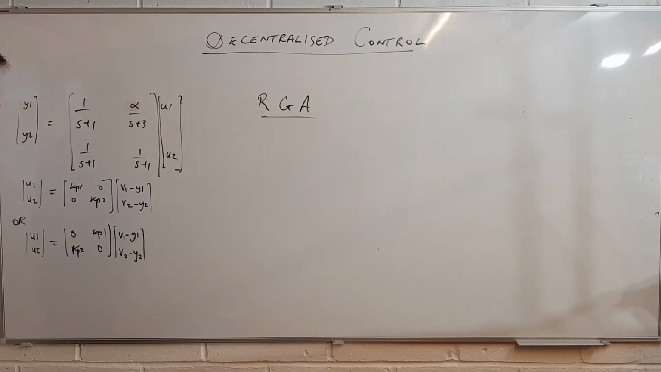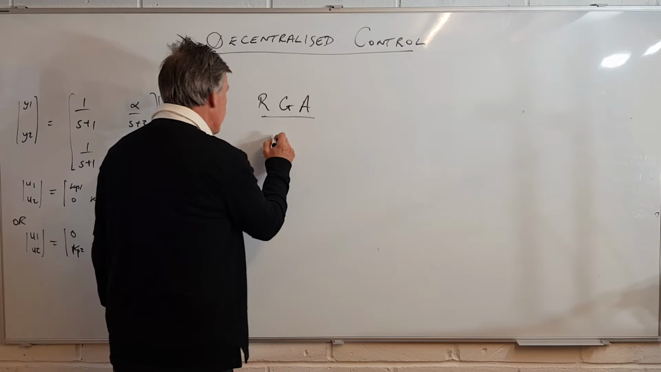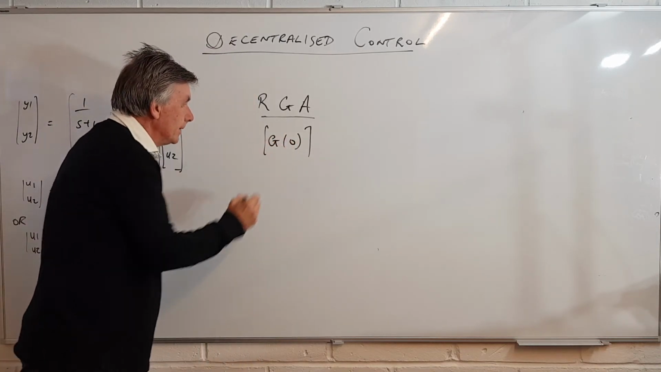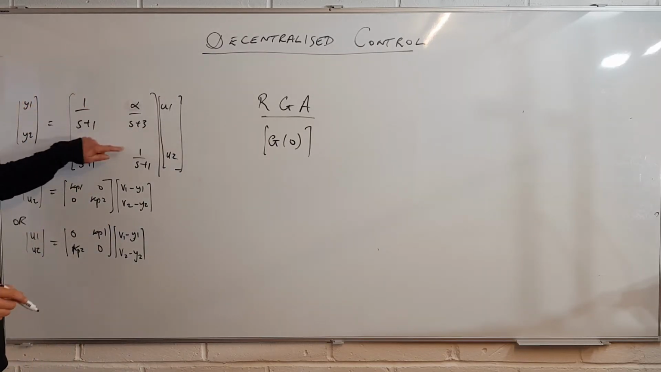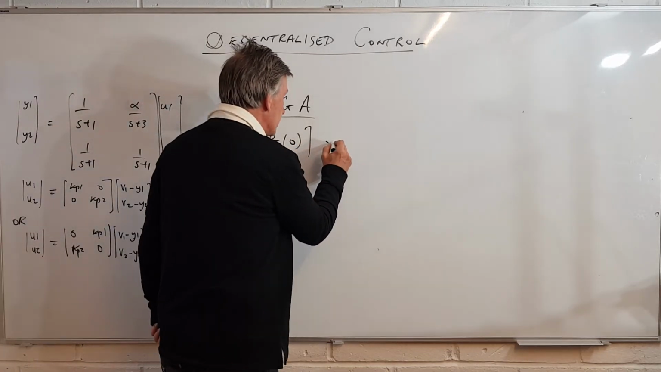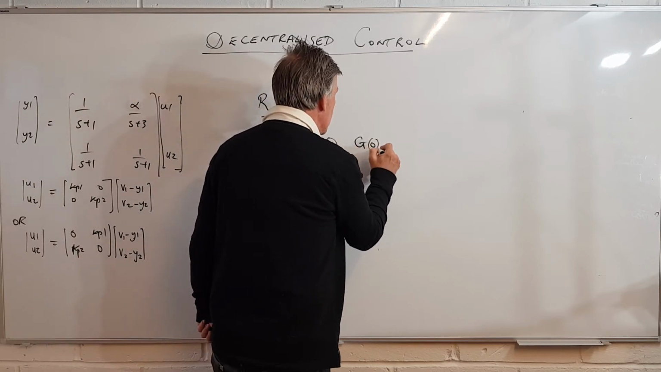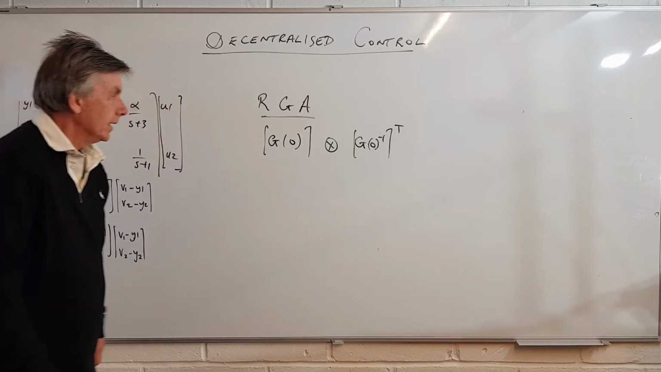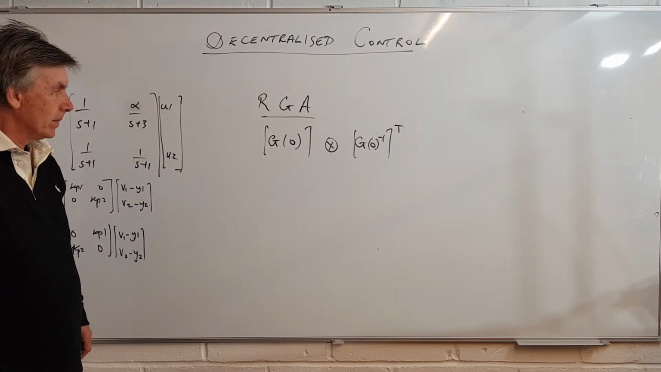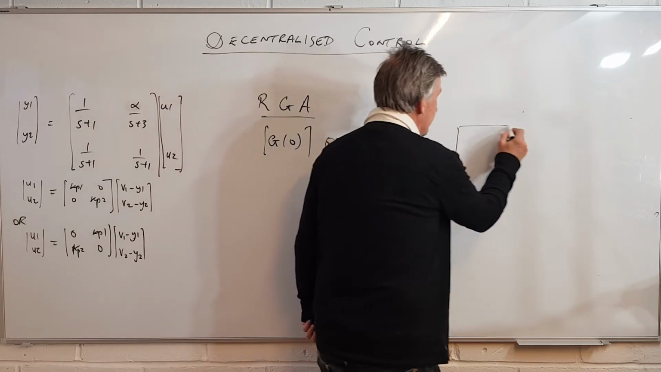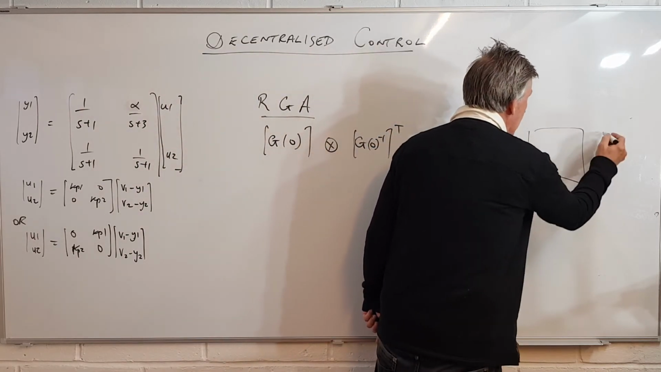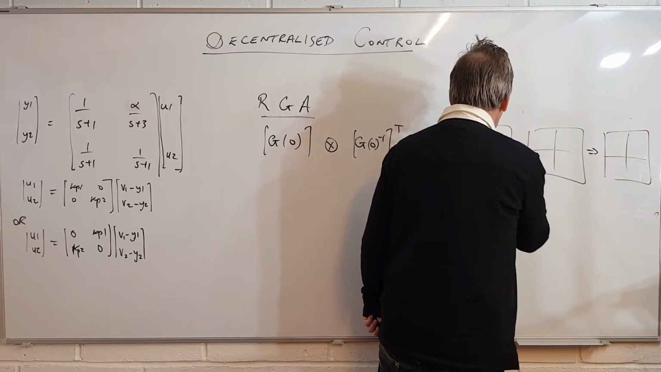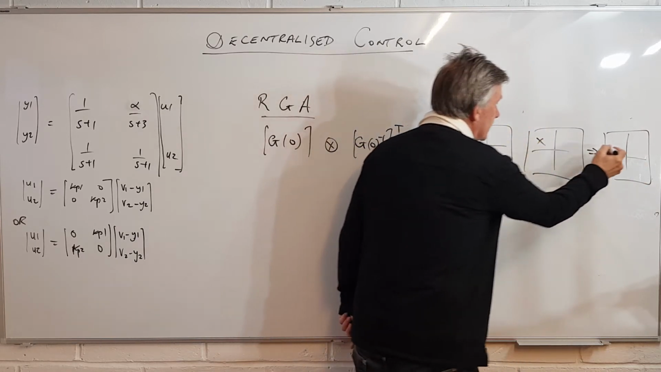called the RGA. To compute this, we work out G0, which we get by putting s equal to 0 into this transfer function, and then we do a cross product with G0 to the minus 1 transposed. Now this type of multiplication is an element by element multiplication. What that means is if you've got two matrices, and it's giving a third one,